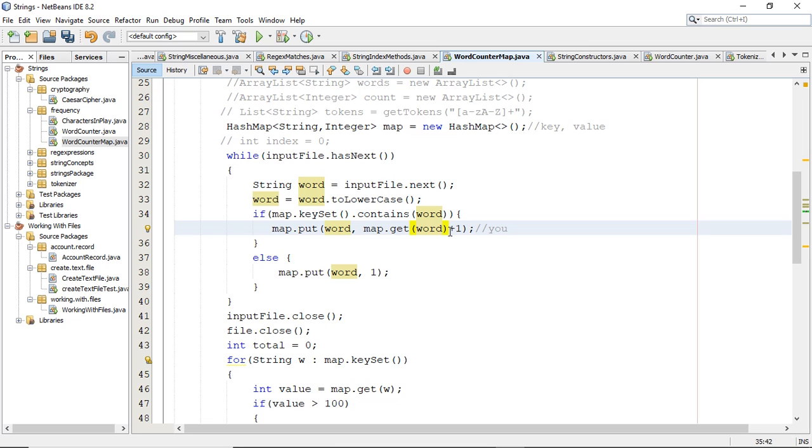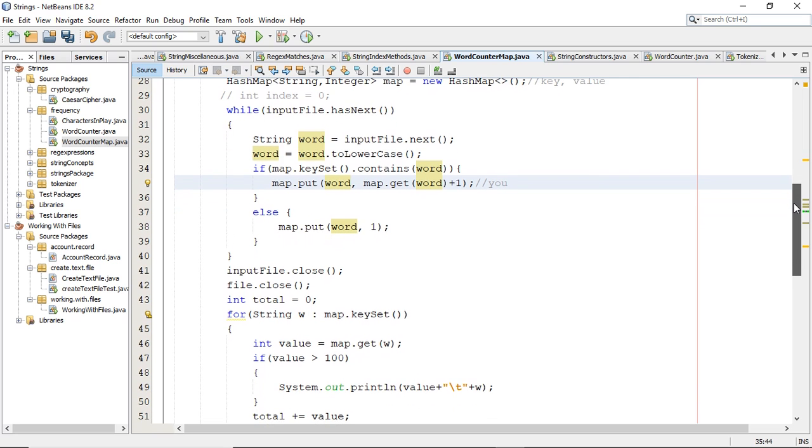So if you want to get the value from your hash map, you would want to pass the key of that value as an argument to the get method of the hash map class. It will return the value at the exact same position, and then you can increment that value, that in our case was the frequency of the word,